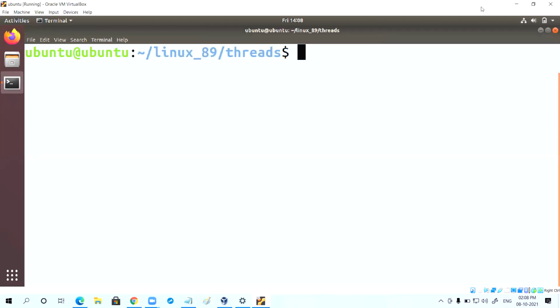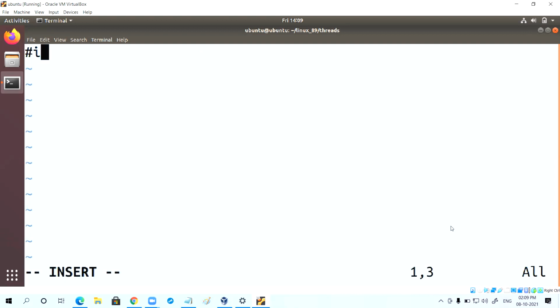Similarly, the drawback, the disadvantage, is also there. Observe this program, header.h.